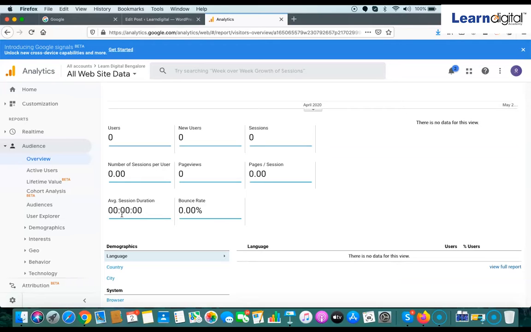So to improve bounce rate, generally what we do is put video on our site, put very informative content, and do internal linking of other pages, so that if somebody has visited your home page, they might move to other pages, and it will keep them engaged on your site.